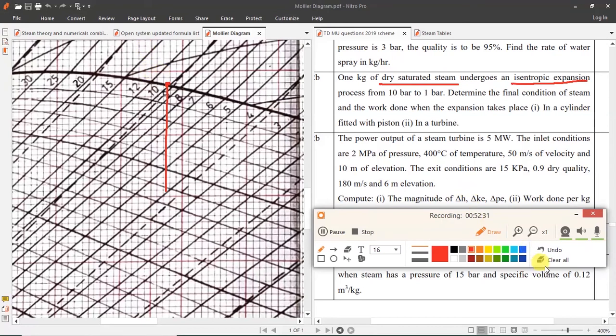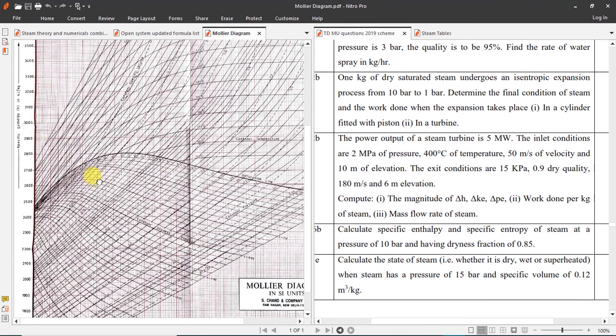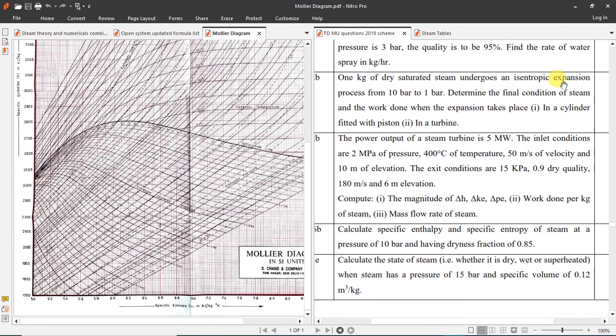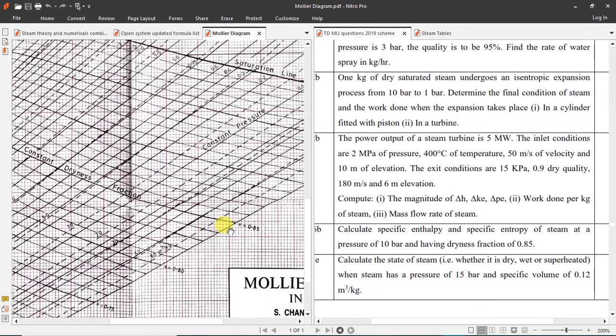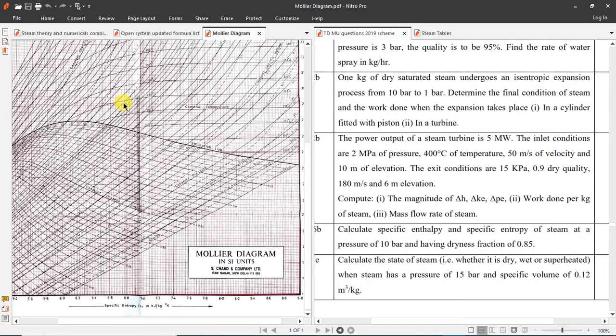Let me show you this again. This is the Mollier diagram, enthalpy versus entropy. Since this is an isentropic process, the process will be vertical, and whenever there is expansion, the process is in the downward direction on the HS diagram. So from this saturation curve, when you move vertically downward, which region is it? Wet region. And here you can see there are dryness fraction curves. So point number 2 condition will be wet. You can understand this if you take the help of the Mollier diagram. This is just to understand the concept. We are not solving this question by Mollier diagram.